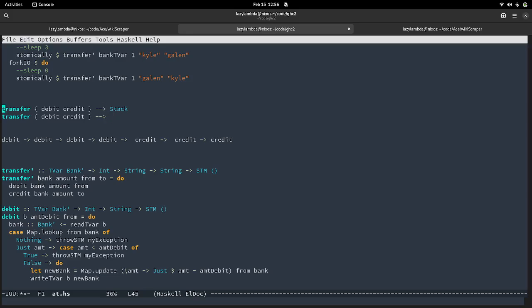We might have two threads, thread 1 and thread 2, and both are writing the instructions to the stack. And so this results in chaos, because what we hope for is debit 1, credit 1, debit 2, credit 2.